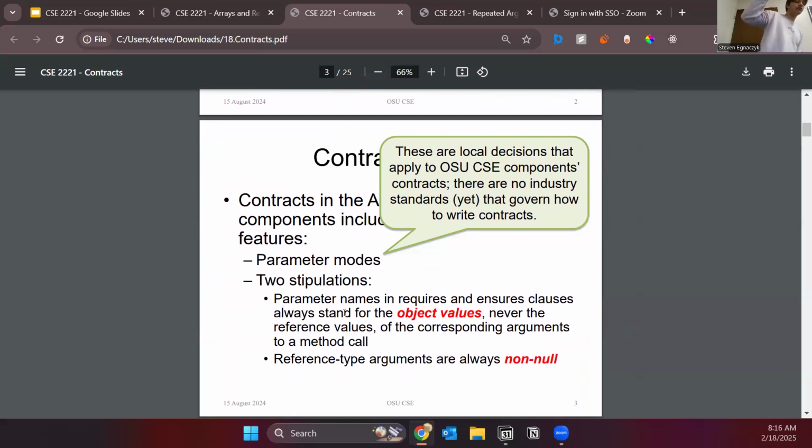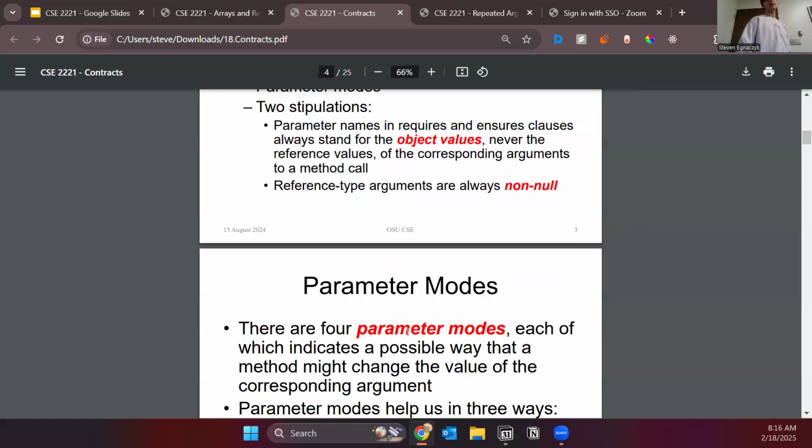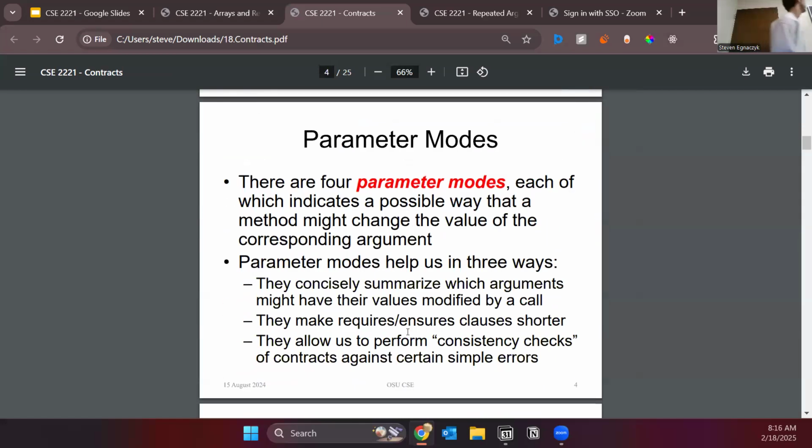Parameter modes are something that is specific to Ohio State. It's not general purpose across all of Javadoc. There are no industry standards yet that govern how to write contracts, but it's something that we use so that you can test what variables should do throughout the program. And there are 4 parameter modes. So let's write those down